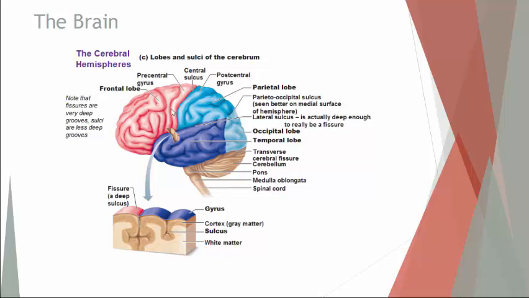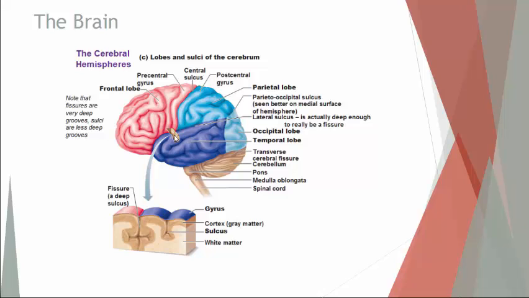You also see some other terms listed on here, and these are actually singular. The plural of gyrus would be gyri, and the plural of sulcus would be sulci. So this top part, the bigger part of the brain that people tend to think of, is the cerebrum. The cerebellum is this bottom part here, and then just below that you have the brainstem. The brainstem has various parts: the midbrain, which isn't listed down here, the pons right here, the part that kind of juts out, and then the medulla oblongata. All those are parts of the brainstem, and each of those has very particular functions, and we'll talk about the medulla in a few minutes.